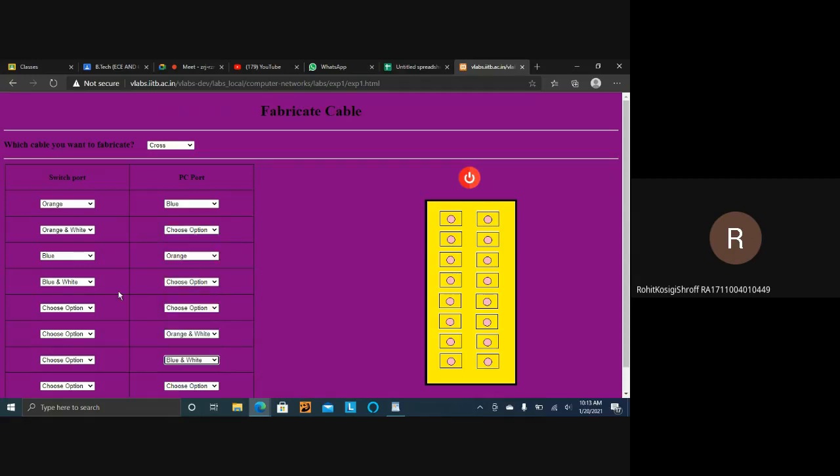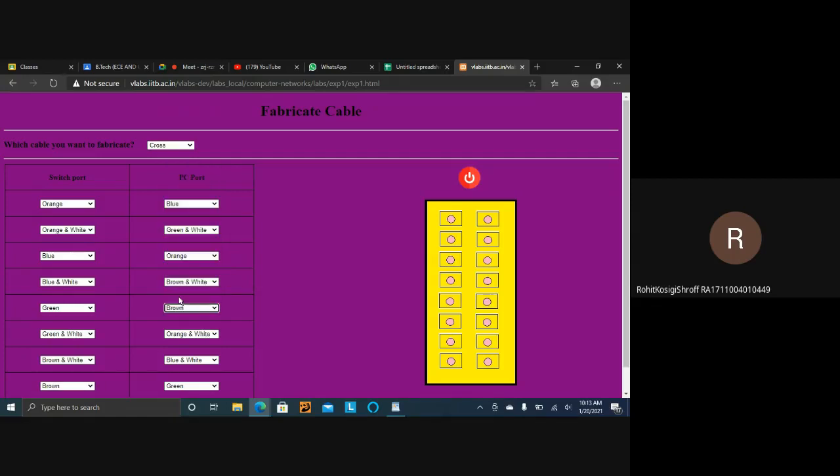We have distinct colors to distinguish them. Fifth to eighth one, and sixth to two, seven to four, and last, eighth to fifth one.